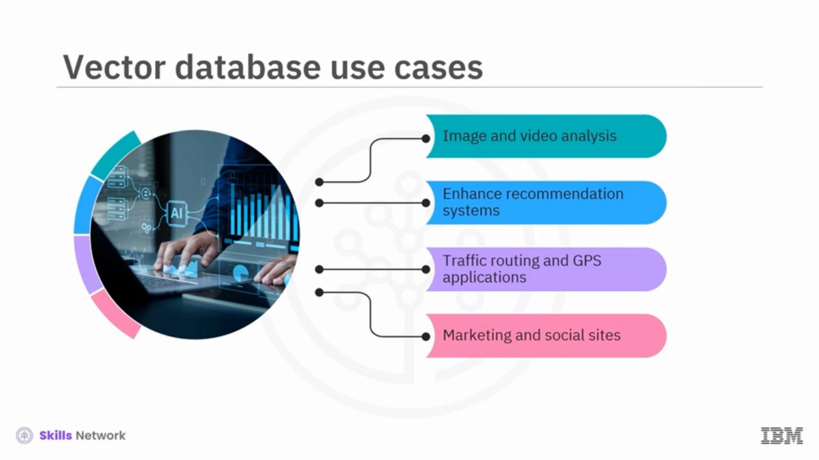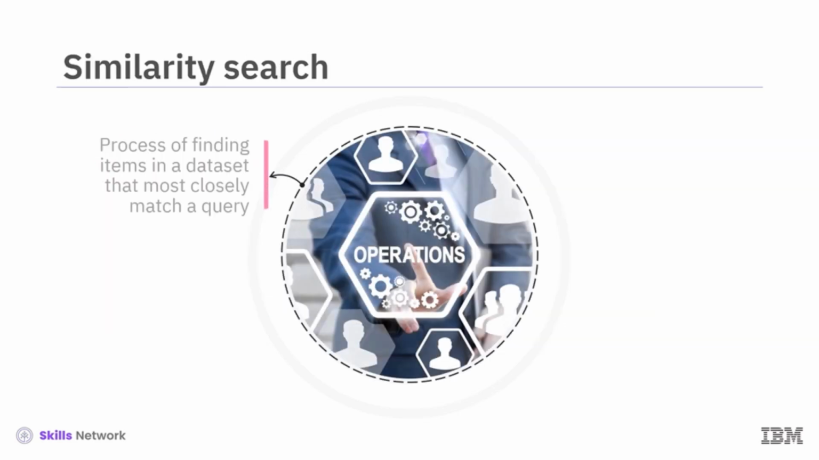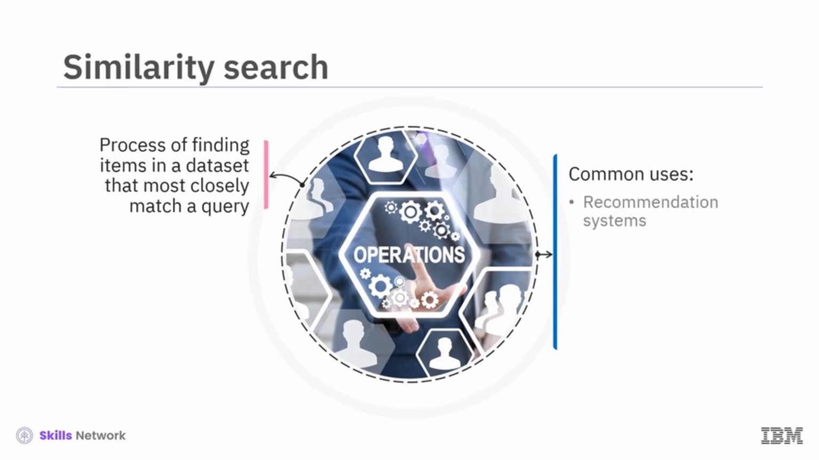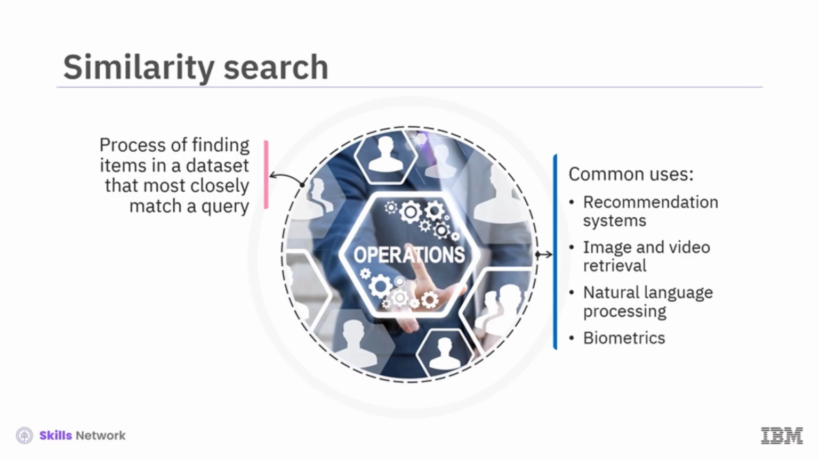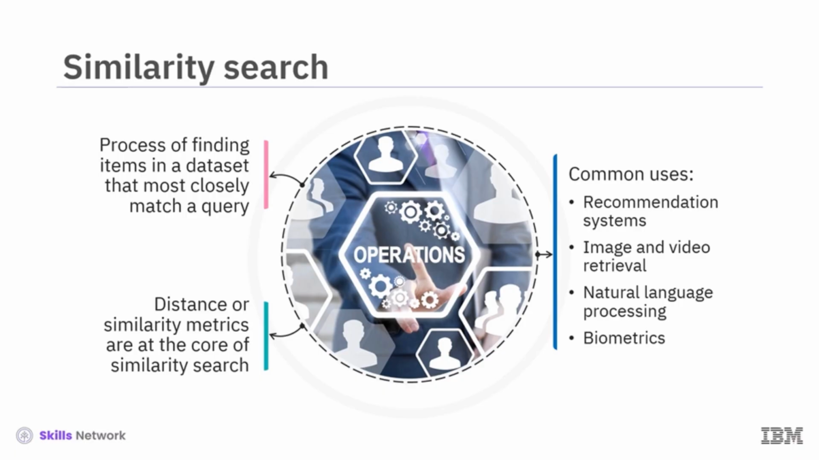cloud and hardware use. Similarity search is the process of finding items in a dataset that are most similar to a given query item. It is widely used in recommendation systems, image and video retrieval, natural language processing, and biometrics such as facial recognition. At the core of similarity search is a distance or similarity metric that quantifies how alike